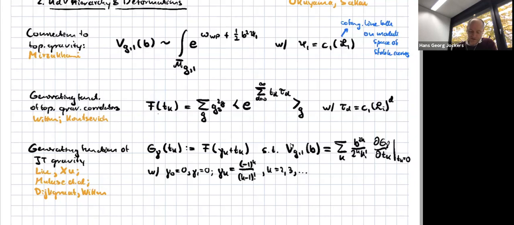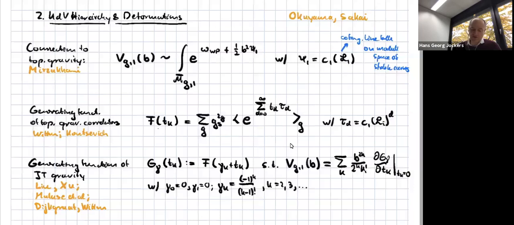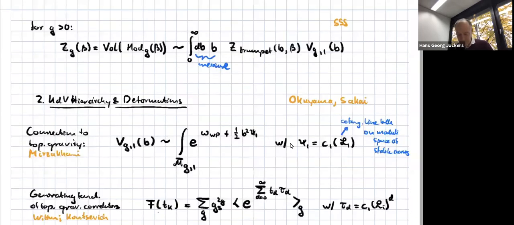From this generating function, we can define a new generating function, which is very simple because it's just related by such a shift. And then we can get all these volumes in terms of this generating function, or I should say, picking out particular terms, decorated with the information of the length b here. And now you can essentially take this formula, plug this into this expression, and get expressions in terms of this generating function for these volumes that we're interested in. Okay, this can be done, and you do it in the paper, but it gets a bit messy and technical.